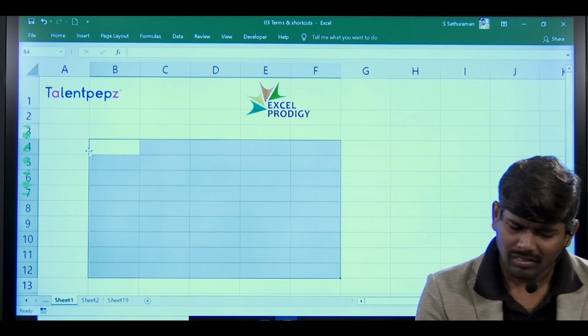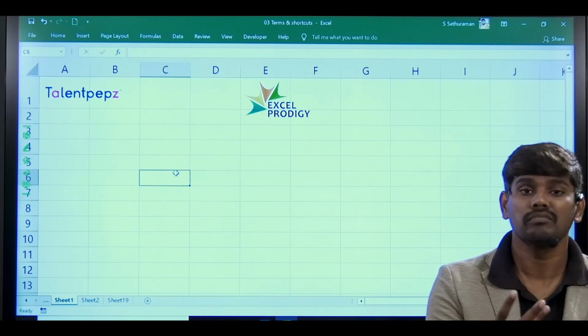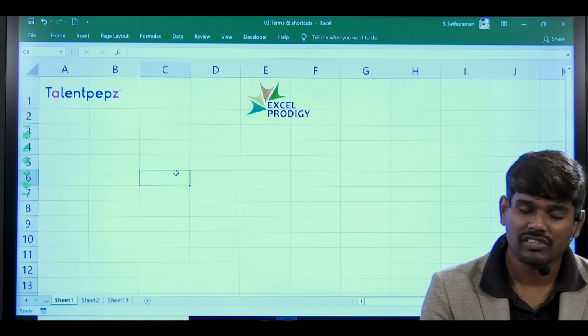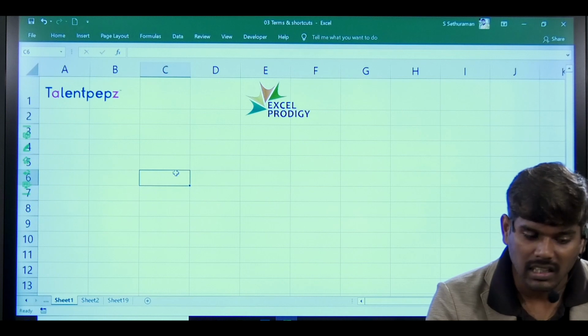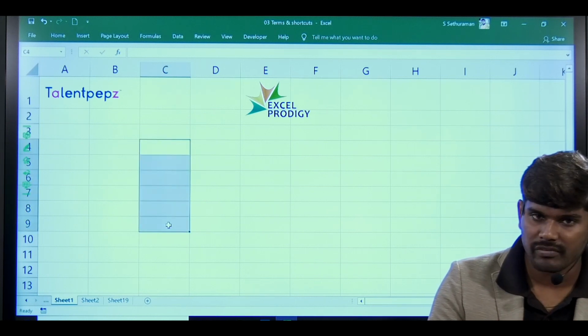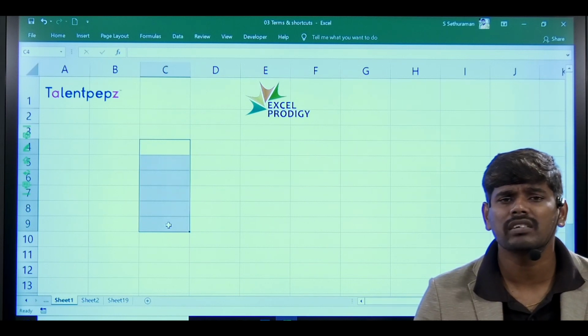Okay, now I am telling you, compared to all the other features, Control Enter is the most advantageous one. So I have to justify my point, right? For justification, if you have continuous data, you need not worry about anything. Copy paste will work, drag will work, Control D, Control R will work, everything will work.